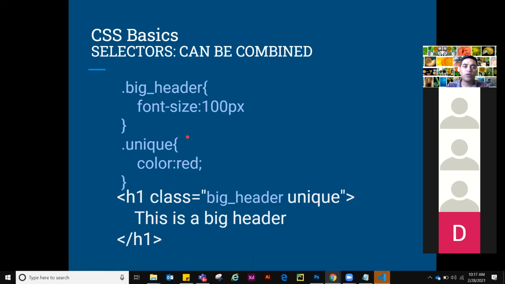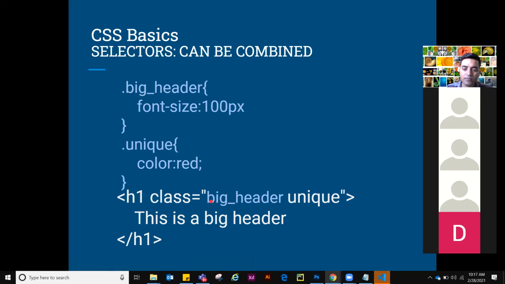Now, selectors can be combined. Our next concept is selectors can be combined. Like I can use one class multiple times, likewise, I can add two or more classes in a single element.